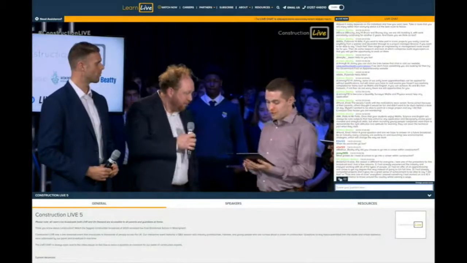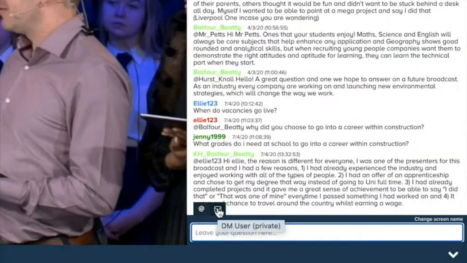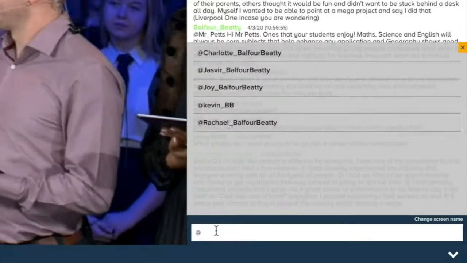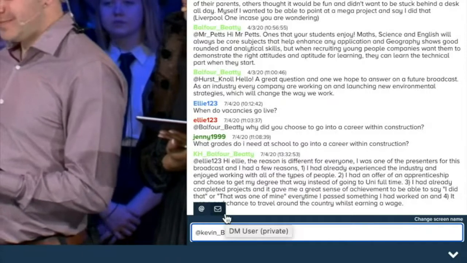To type your question, simply click on the chat box. You will then see two symbols appear. The @ symbol will mean your comment or question will be posted publicly for others to see. The email symbol means your comment or question can be sent directly to the person of your choice from the list that will appear. You can now speak to the people behind the broadcast and ask any questions you may have,